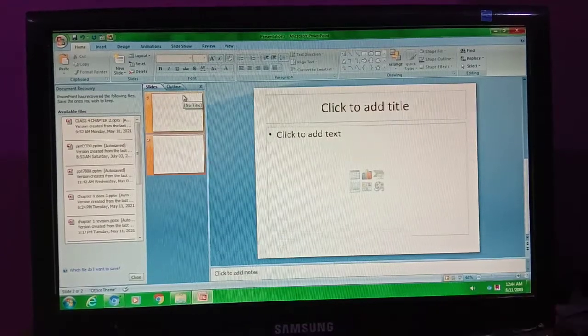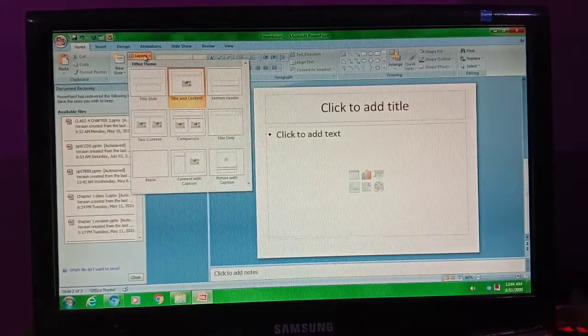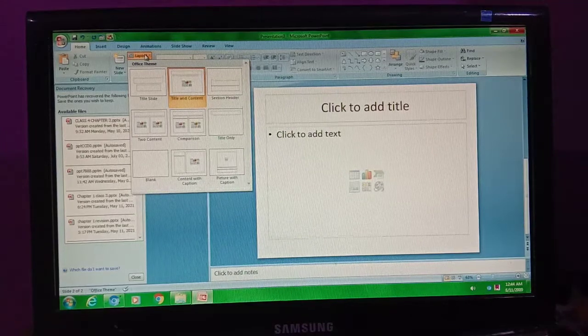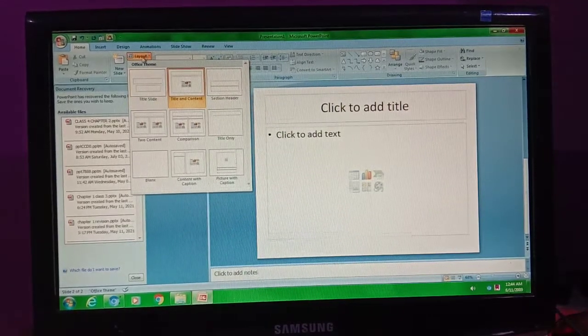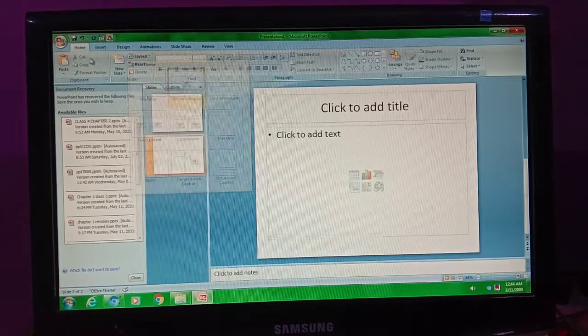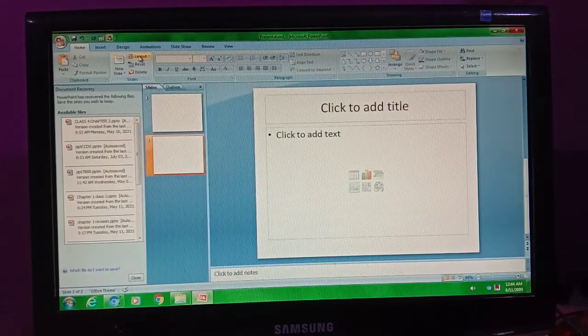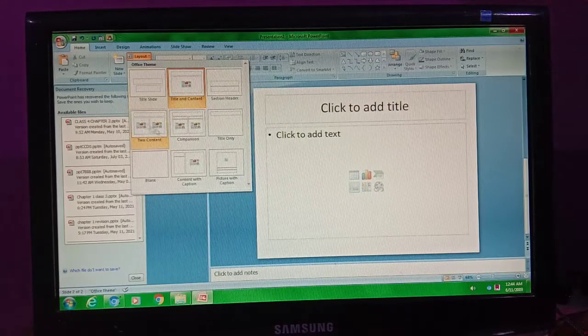There are a total of 9 layouts present in your presentation. And where is the layout option? The layout option is present in the Home tab, in the Slides group. From here you can change the layout of your slide. According to your need you can choose the appropriate layout.